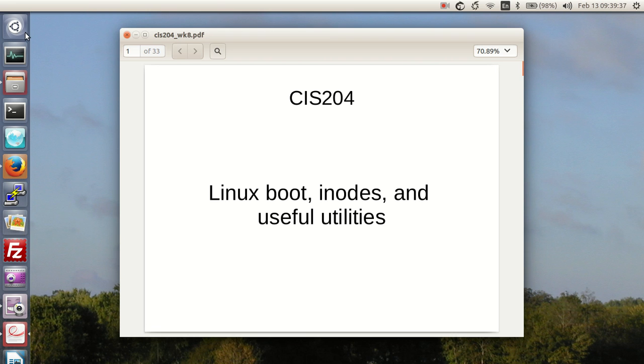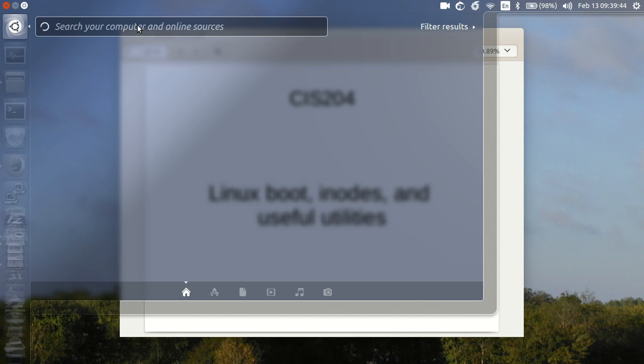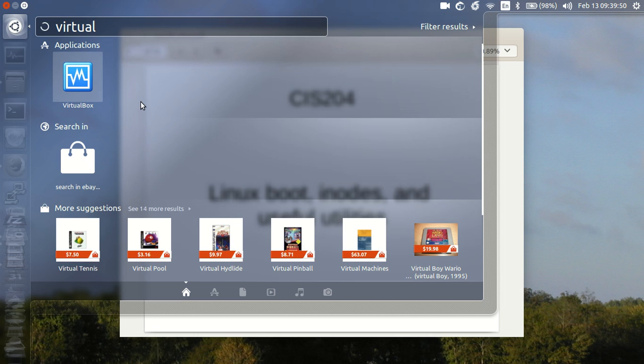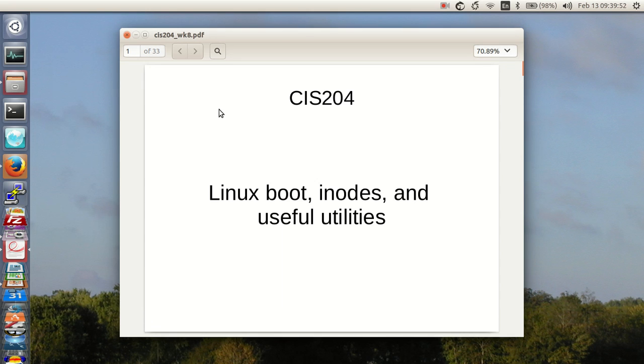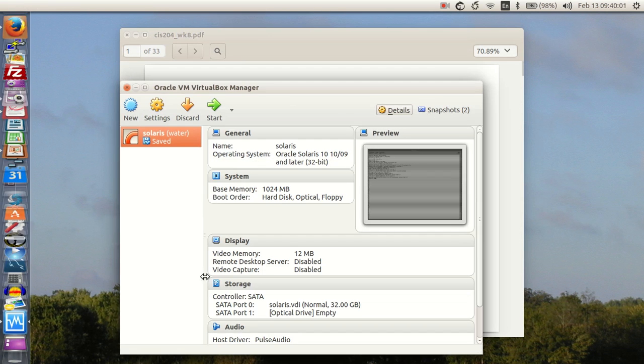Now, there's another thing that can be done, and that is putting a virtual box in the system. Somewhere around here, I've got something called VirtualBox. If I bring up VirtualBox, here's my VirtualBox.